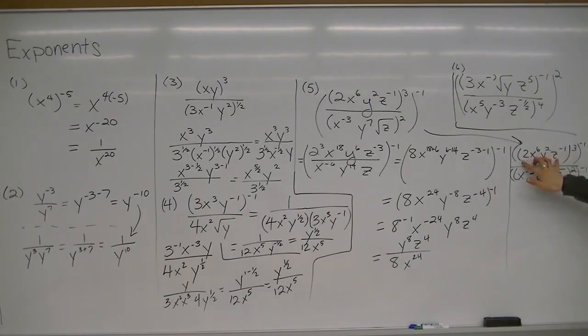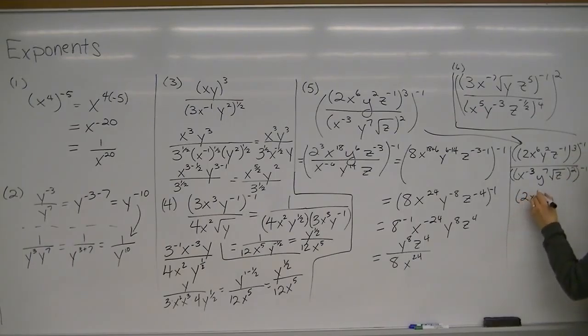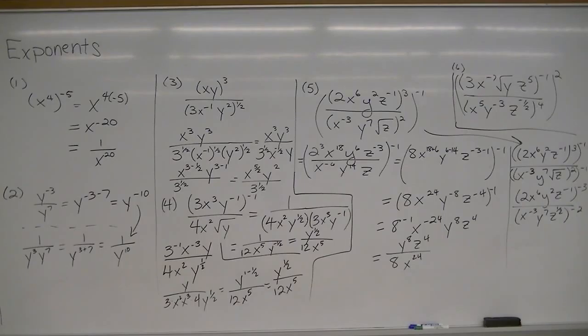Well, we're raising something to the 3rd power and then to the negative 1 power, so we can multiply these. So we get the whole top piece raised to the negative 3 power, and then we get the whole bottom piece raised to the negative 2 power. And I'm going to write that z as z to the 1/2. The square root of z is z to the 1/2. So now, I'm just in a situation where I have 2 powers and I need to bring them across. So I get 2 to the negative 3,